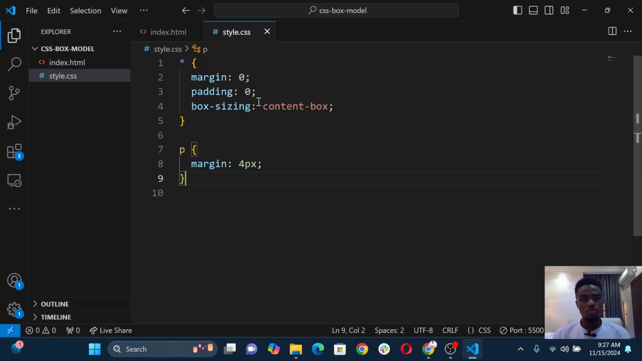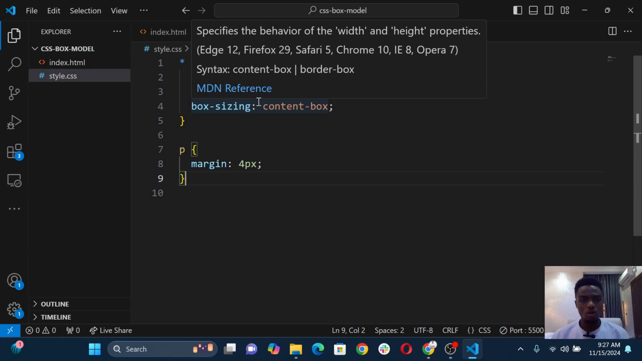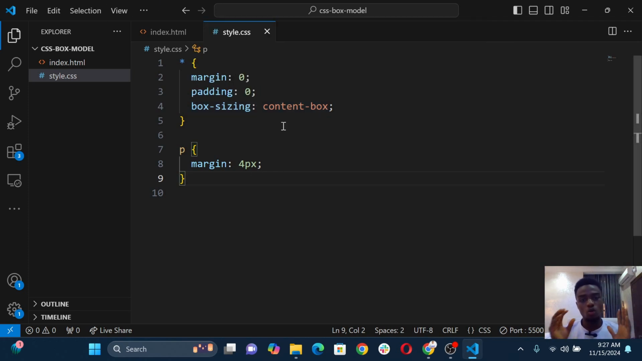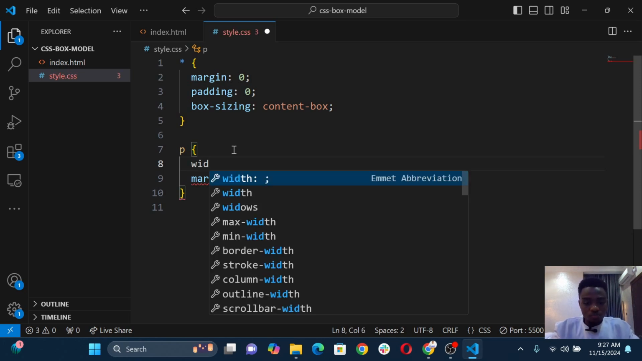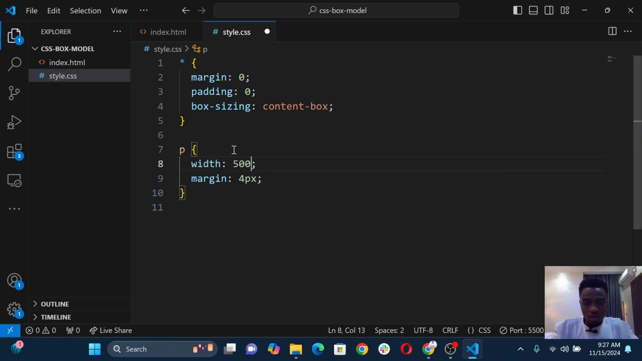So what does box sizing content box do? For the box sizing property, there are actually two values. We have border box and content box. I'm going to show you what content box does first, and then I'm going to show you what border box does. So let's add a width of 500 pixel